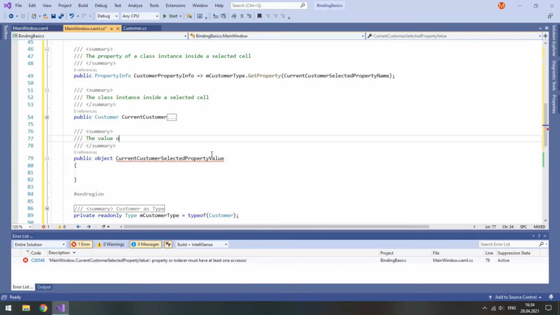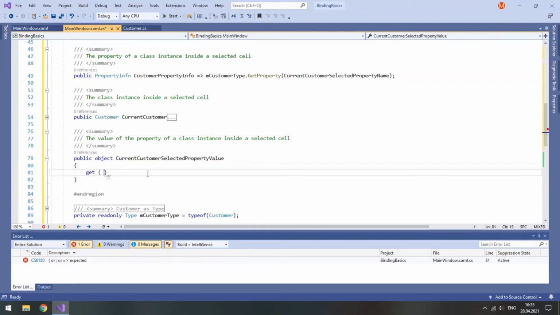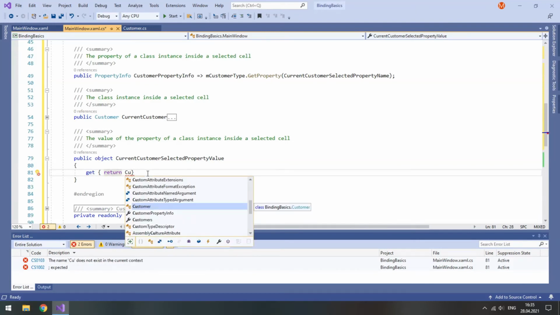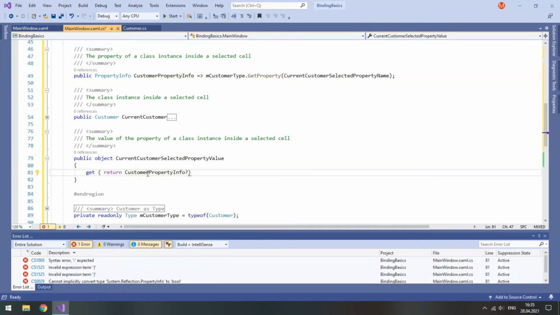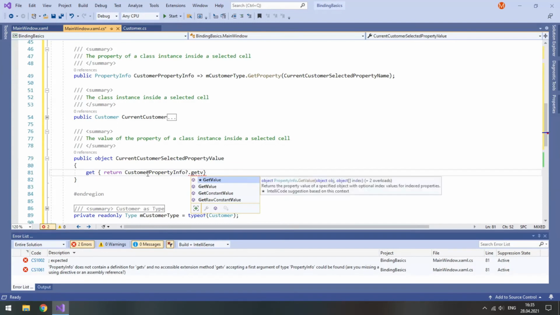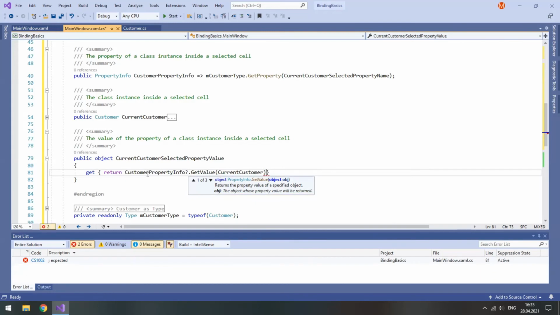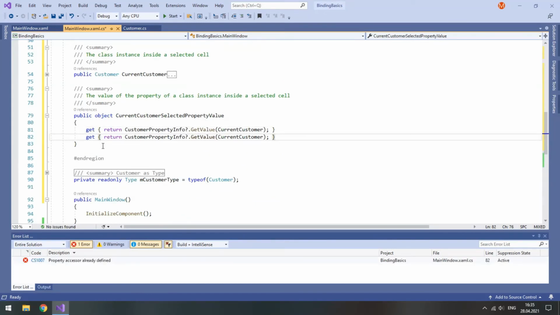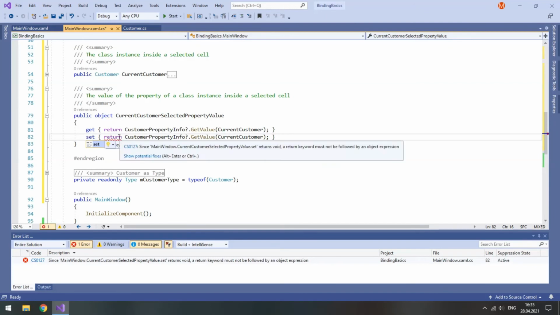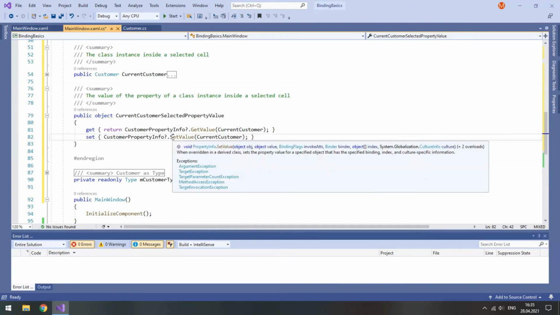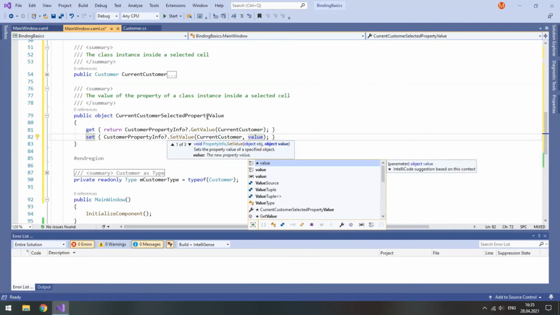The value of the property of a class instance inside a selected cell. So as for the getter, we will just return customer property info by checking if it's not null and getting its value. And in braces we specify the object, I just current customer. And it will be similar for setter, but we will not return it, and we will set value to the value passed to this property.